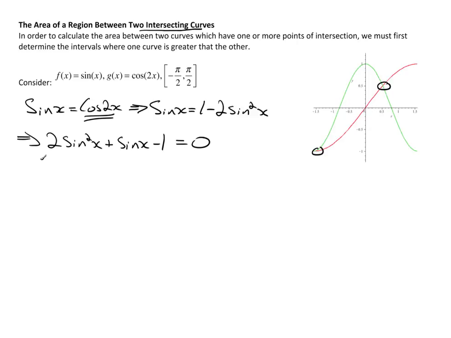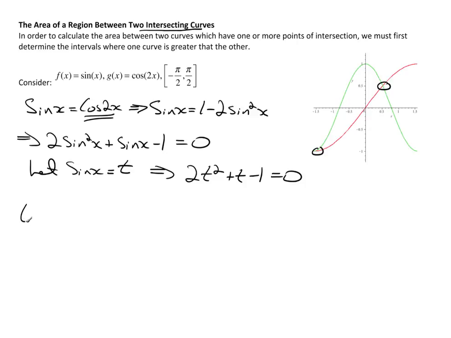Now notice that this is quadratic in sine x. So I'm going to say let sine x equal, how about t? I use t as my variable. And then that gives me 2t squared plus t minus 1 equals 0. So I don't see quick and easy solutions to this one, so I'm going to just use a quadratic formula